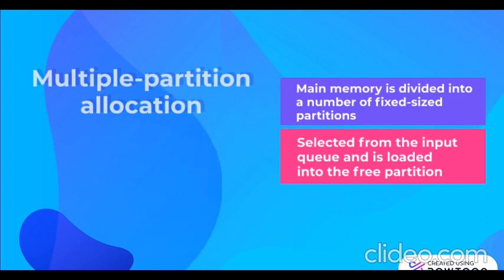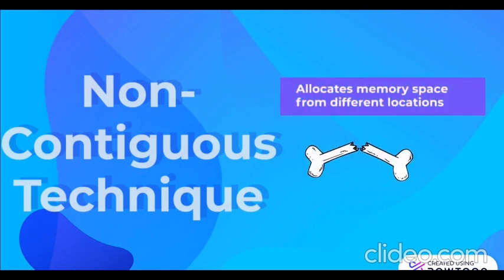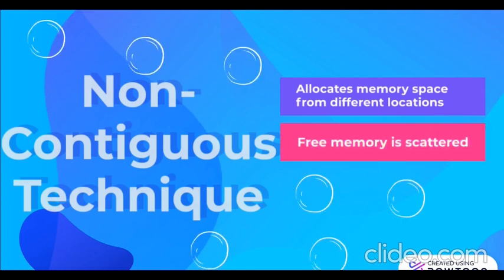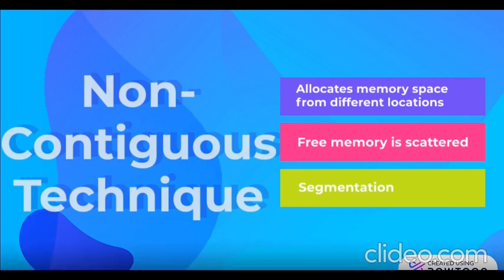The other type of technique, non-contiguous memory allocation. Non-contiguous memory allocation is basically a method contrary to the contiguous allocation method. It allocates the memory space present in different locations to the process as per its requirements. As all available memory space is in a distributed pattern, the freely available memory is also scattered here and there. This technique of memory allocation helps to reduce